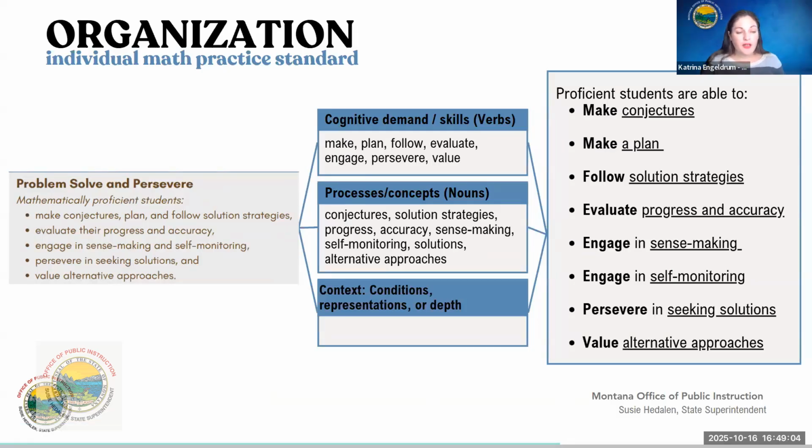what's important and what helps us by doing this is understanding all of the things we're asking kids to do. If we're only giving them tasks that have them make conjectures, then we're not really teaching them the full spectrum of problem solving and persevering in our classrooms. We're not giving them all those opportunities that we need to in order for them to graduate with all of these skills when they're 12th graders. So we need to be aware of what's in there so that we can hit all these components in our instruction.